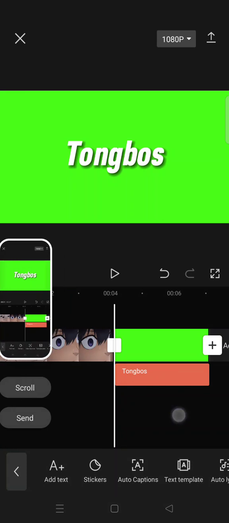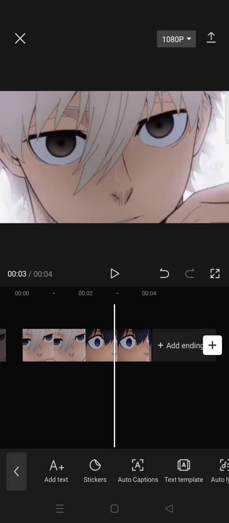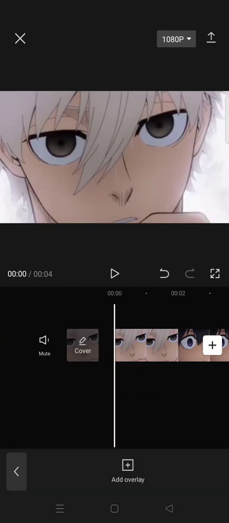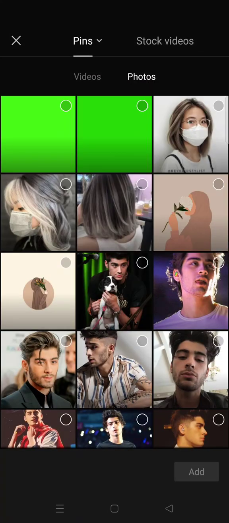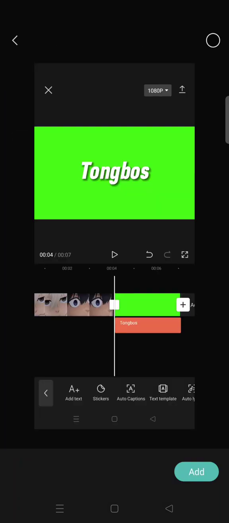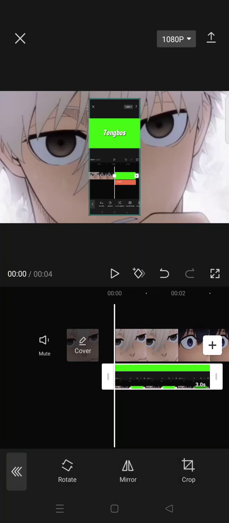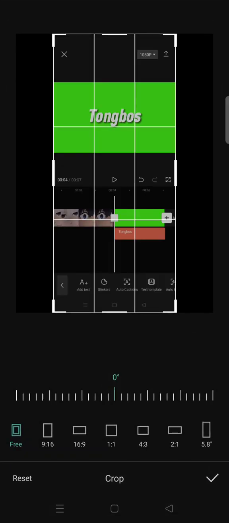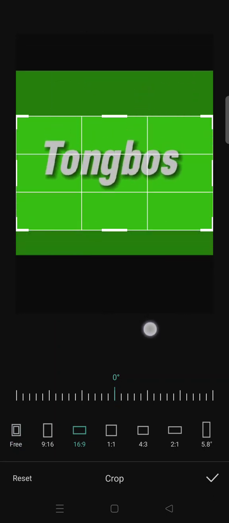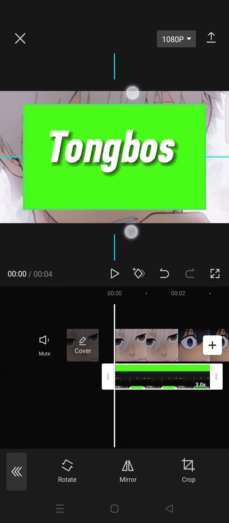Okay, after that just delete the text and also the green screen. And then go to overlay and add the screenshot that you add in the overlay. Okay, just crop it so that it will only have the green screen part. Okay, like this. Fit the size,